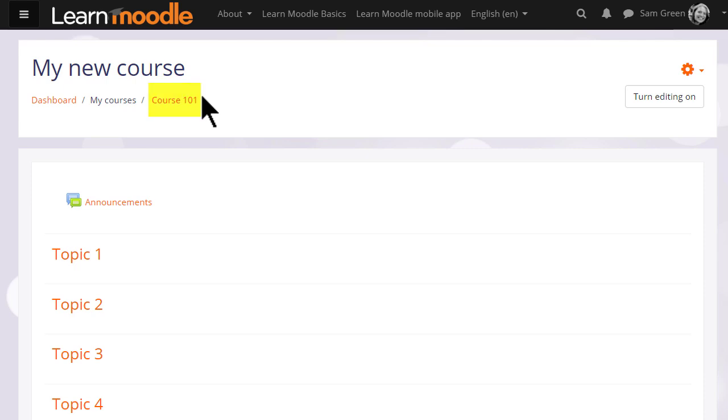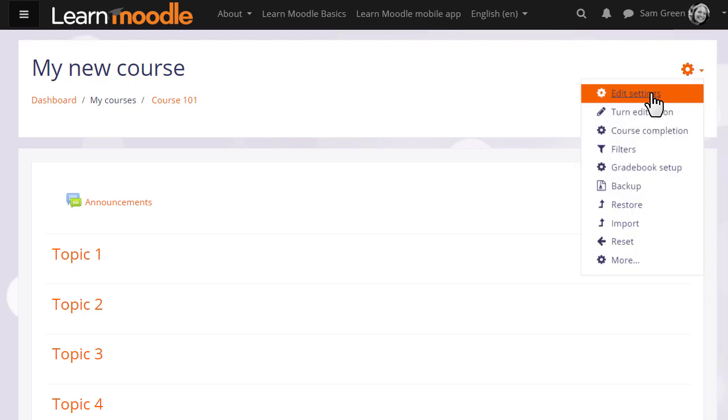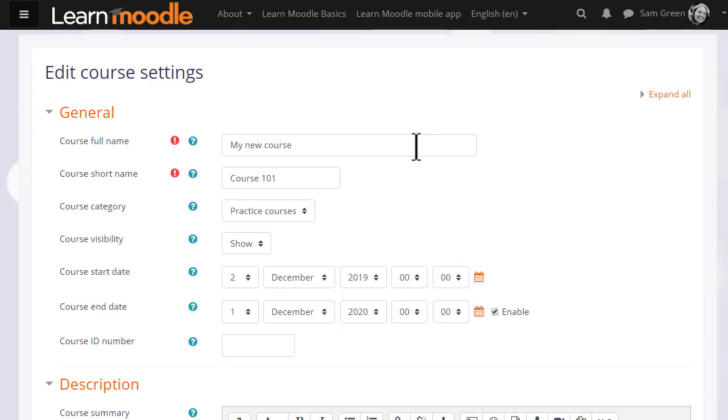You can also change the format, how your resources and activities are displayed. This course is in numbered topics, for instance, which can be renamed, as we'll see later. Many of the changes you can make can be done by going to the gear menu top right and by clicking Edit Settings. This takes you to the setup screen of your course, where you can change, if you need